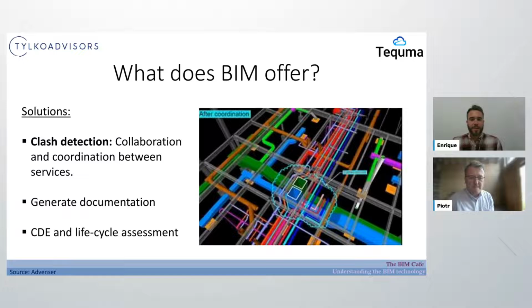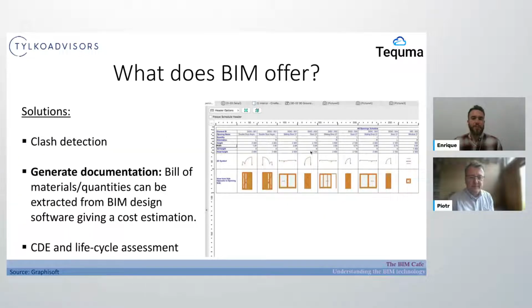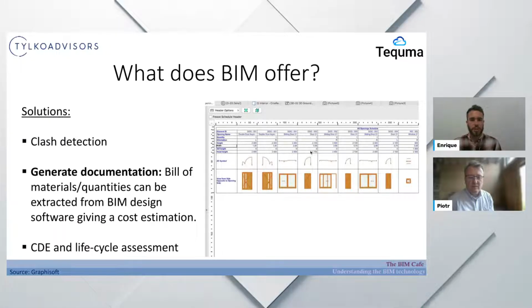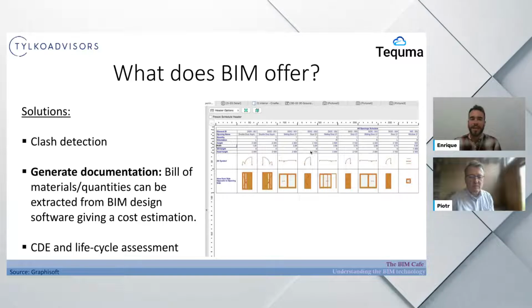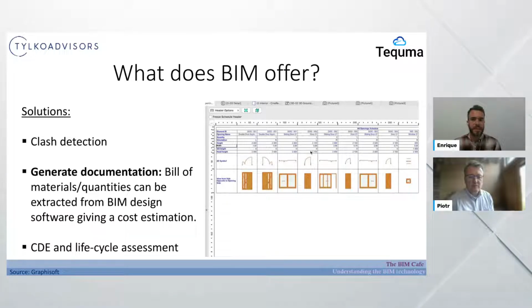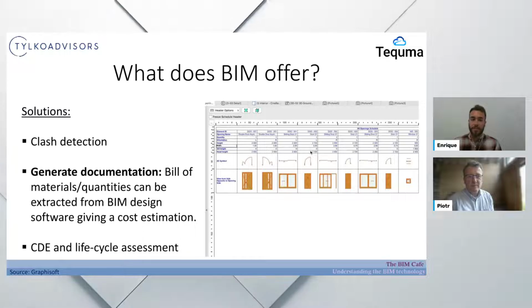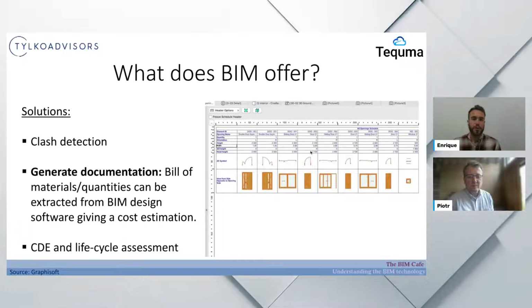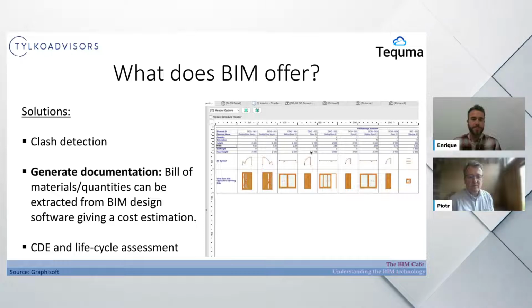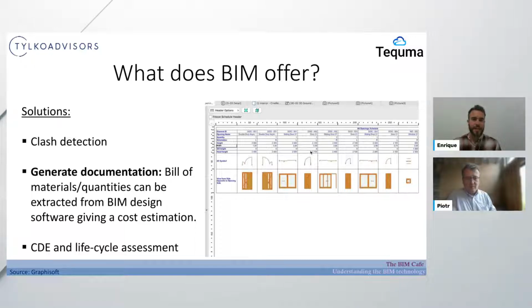Yeah. Going to the second one, the generation of documentation. This is one of the solutions that can also help other, non-technical or less technical, sides of the business. Bill of quantities and materials takeoff can be extracted directly from BIM. You are creating your project, editing your materials. You have, of course, dimensions, surface, volume, numbers, items, and the materials composed with their properties and so on. But all this information is there, and remember, it's not unlinked. It's linked. We can do things with it and coordinate and collaborate with it.